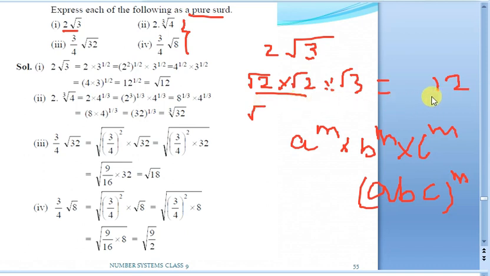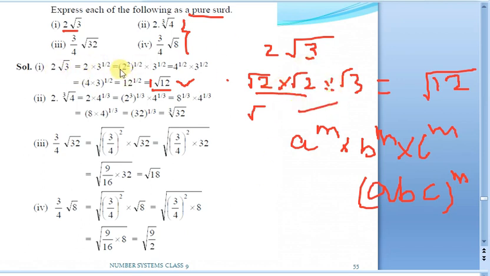This is 12, and there is a square root over 12. Either you can use the square root notation, or you can use the 1 by 2 notation. Those notations are up to you. It will be square root of 12. Now see, this square root 12 is a pure surd, not a mixed surd. There is nothing else outside, so it is going to be 1 into root 12. The other way of doing it: if you are comfortable with this method, just go with this method.